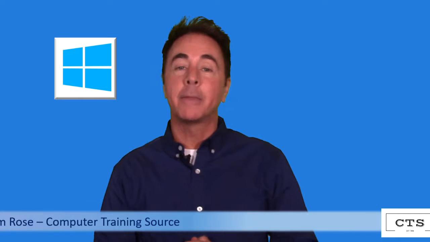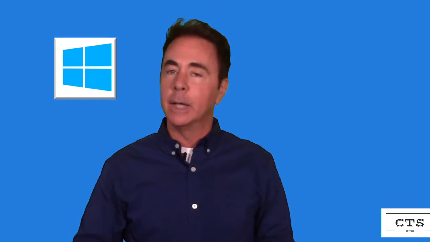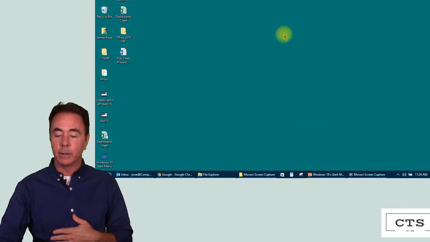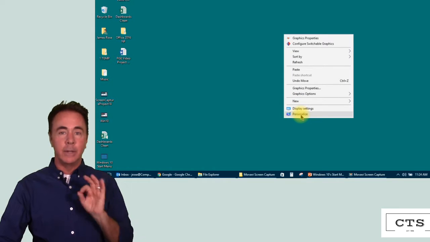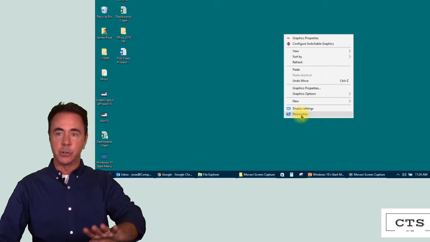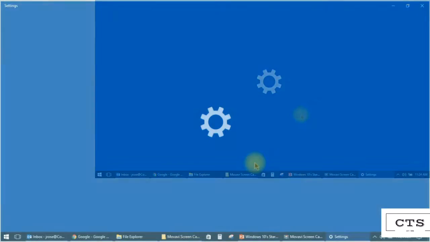Welcome. The next topic that I'd like to get into is personalizing your background and your start menu. So for example, in Windows 7, you have the ability of right-clicking on the background, just like we do here, and then going down to personalize. Now, in this case, that's going to be the exact same procedure. You right-click on an empty portion of the desktop, you go down to personalize, and then that will